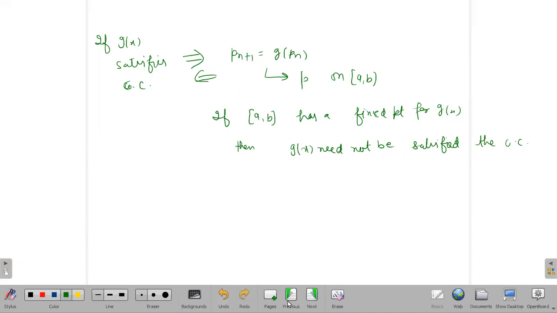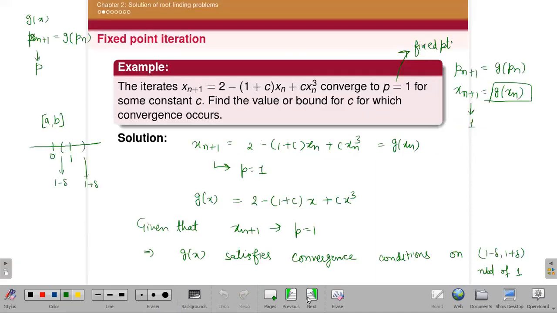Okay, ma'am. Ma'am, can you compare X with P? X with P? X means general number. Yes, ma'am. If the fixed value is P, then you can assume X in its place, you can write X. But in the question they have given like P equal to 1. So that's why I'm taking P equal to 1.